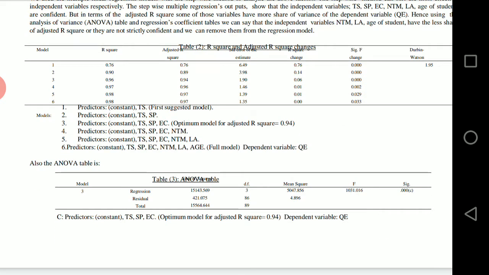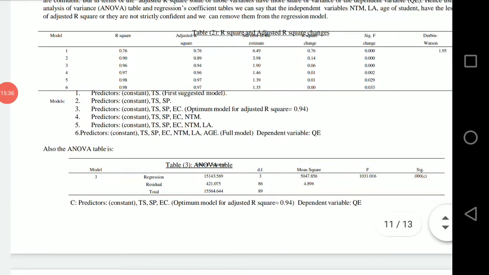Then the models. The first model indicates predictors: constant, TS, the first suggested model. Then the second predictors: constant, TS, SP. Third predictors: constant, TS, SP, EC, the optimum model for adjusted R square, 0.94.